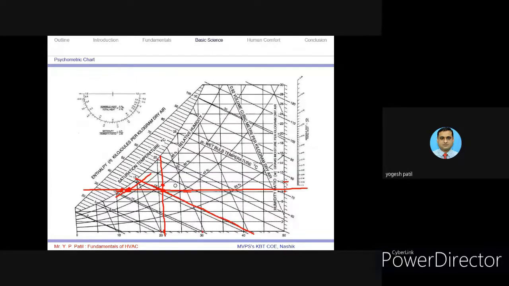When we are well familiar with this graph, we can find out the values more closely. At least we can know that it is greater than 8, so 8 point something may be the value, or we can say 9. As I said, it will not give you exact values, but we can closely associate the values with the scales if we have proper lines. So moisture content we get, dew point we get, and relative humidity we have found from this.